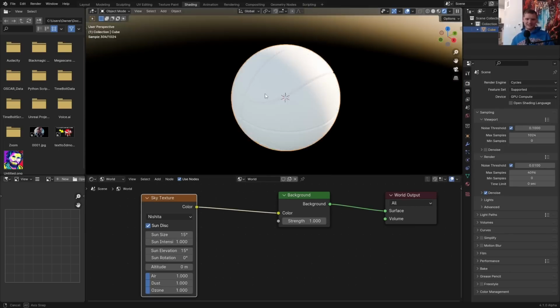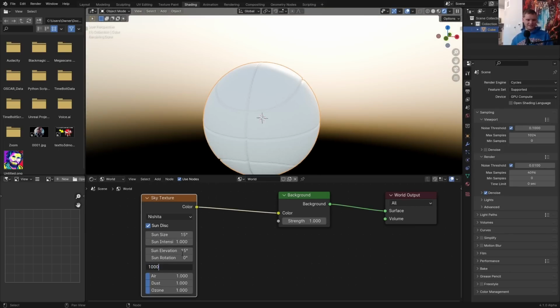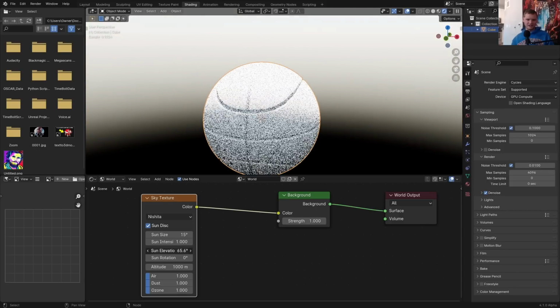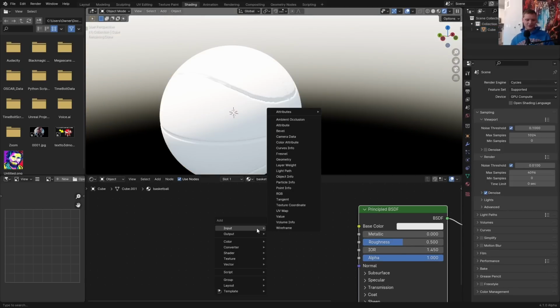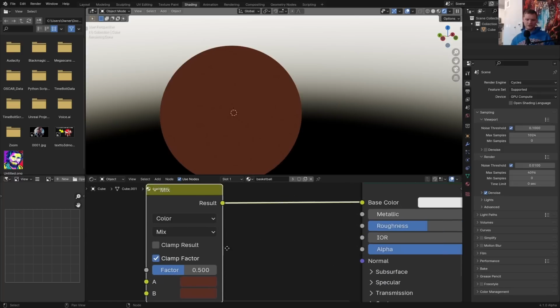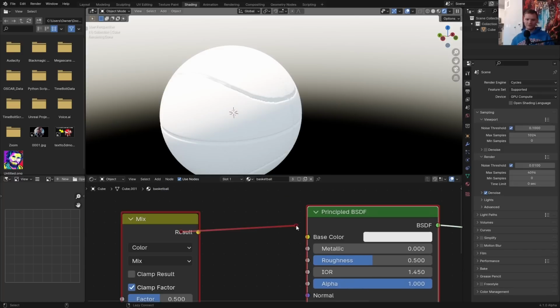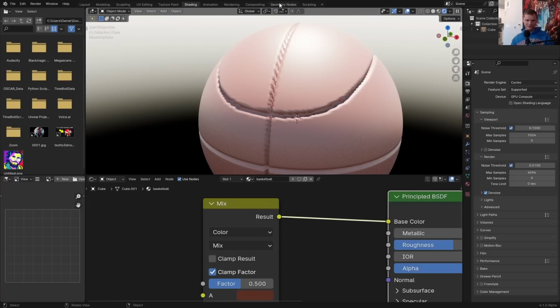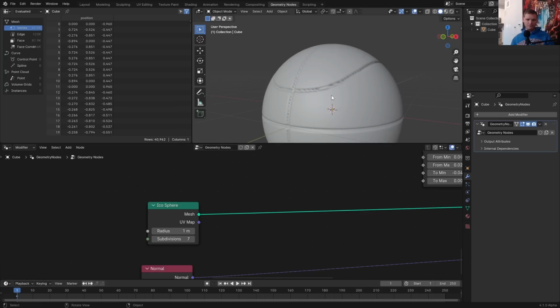Increase the sun size to get a softer shadow. I'm also going to increase the altitude and maybe mess with the sun elevation. Now, to get this to look like a basketball, I think the first thing we can do is just pick a color that looks correct and use this for both of these. And we're not going to know what this looks like until it's in reference to the BSDF. It's looking very low resolution, which I thought we could get away with, but maybe we can just add one